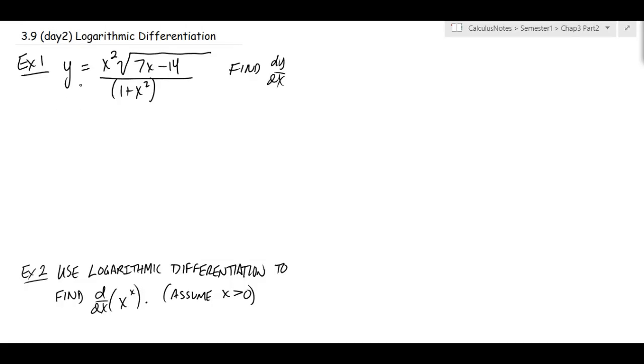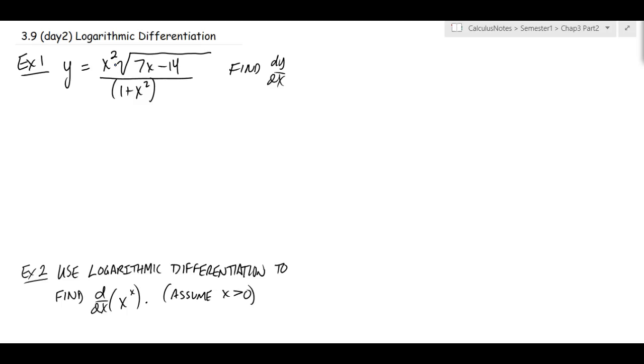Okay, for this lesson I'm going to present on a topic called logarithmic differentiation, which makes it simpler to find derivatives when you have a lot of products and quotients and functions inside functions all together in one problem. For example, with example 1, we could find the derivative of this directly, but we do have a